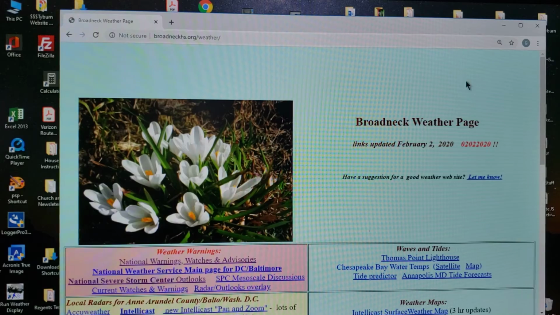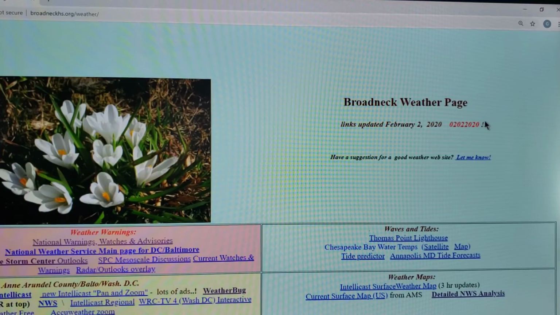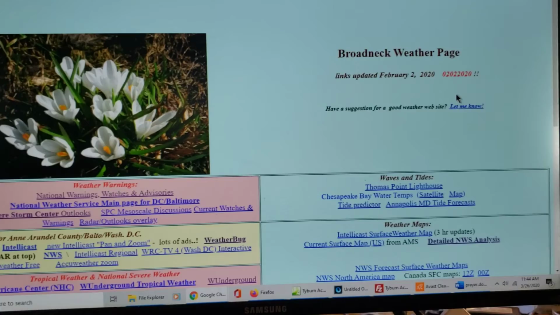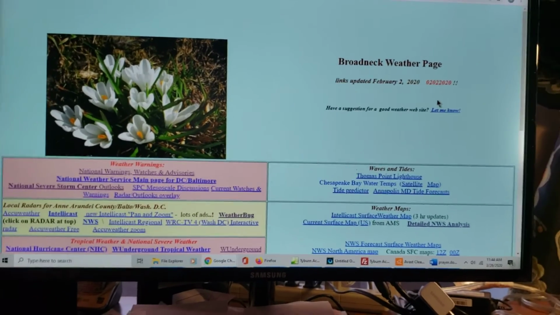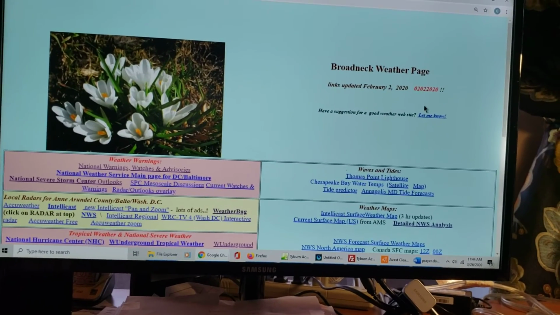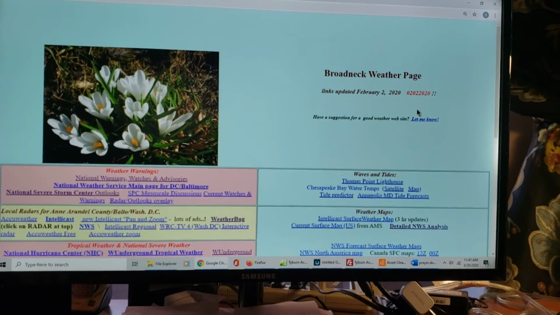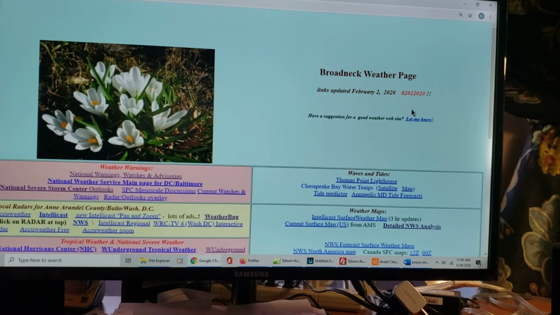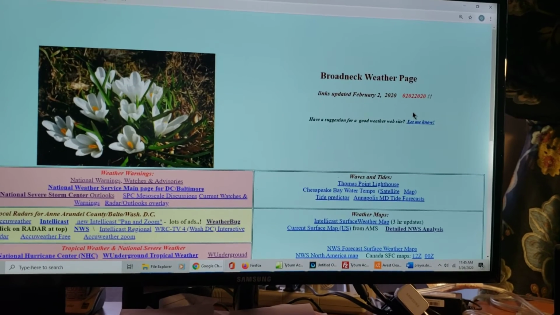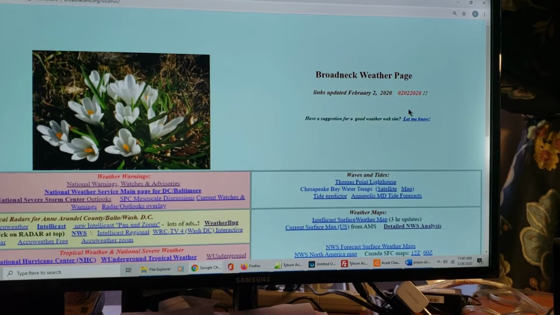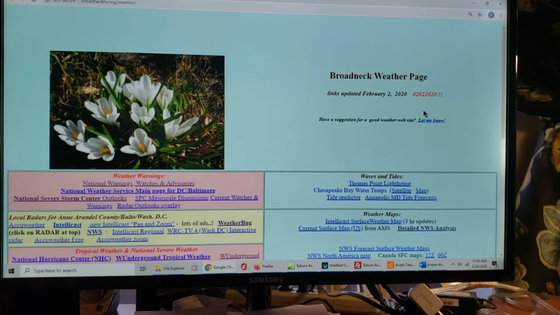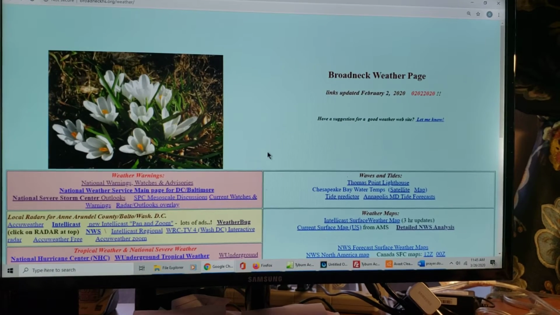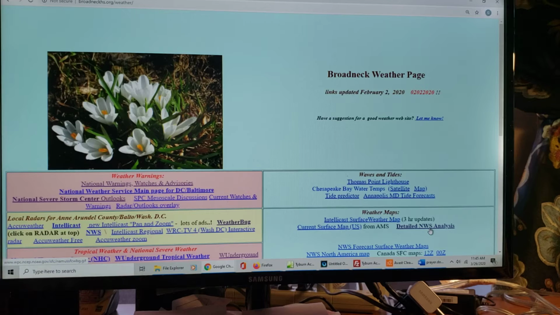This is not individual products that I have made up. This is just a link to weather pages around the country. I'll have these things worked out in the future, but this is the first time to do one of these briefings online. Okay, this is just a page I made up to have reference to lots of different weather sites, mostly National Weather Service things, but also some private forecasters.